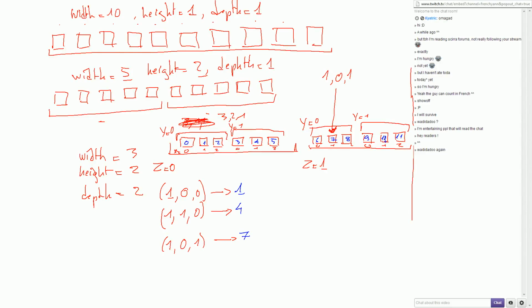And let's say you want this one as well. 1, 1, 1. It will be 10. So now we have to find the relationship. When we were only in 2 dimensions, to go from here to here, we'd just have to add as much width as we need. To go from here to here, you have